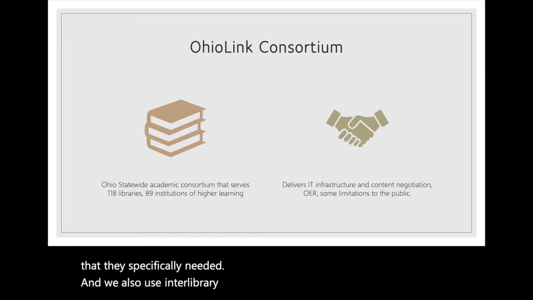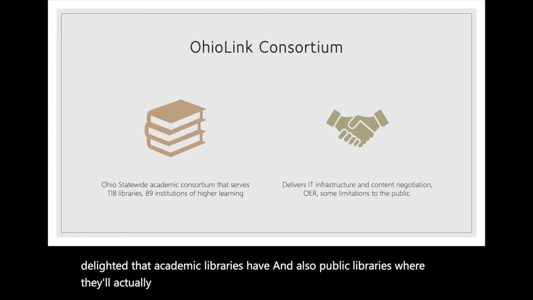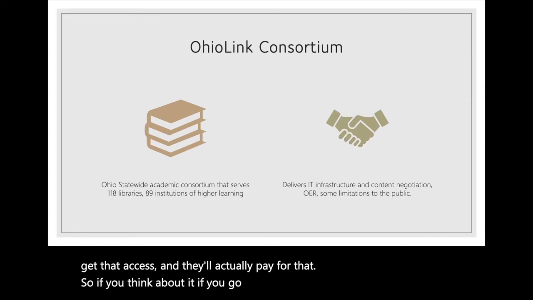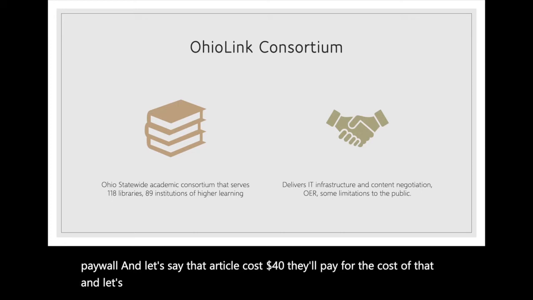And so that's another service that academic libraries have, and also public libraries, where they'll actually get a particular article or a book. They'll get that access and they'll actually pay for that. So if you think about, if you go to a database or a journal that's behind a paywall, and let's say that article costs $40, they'll pay for the cost of that. And let's say if that's a book or article, whatever, they'll pay the cost of that